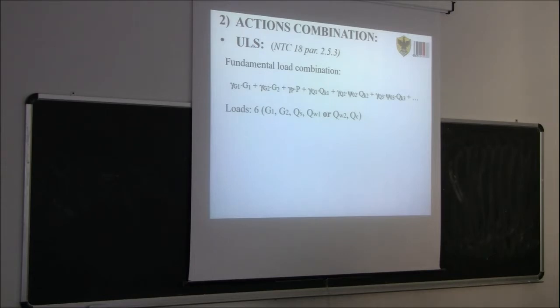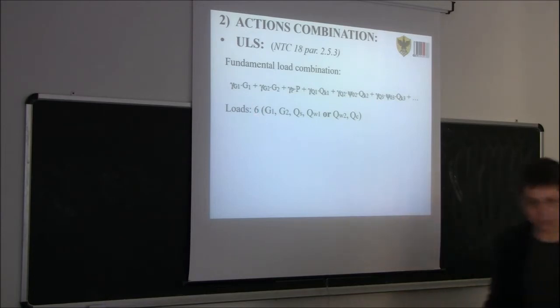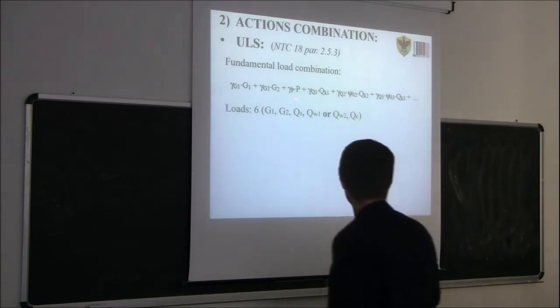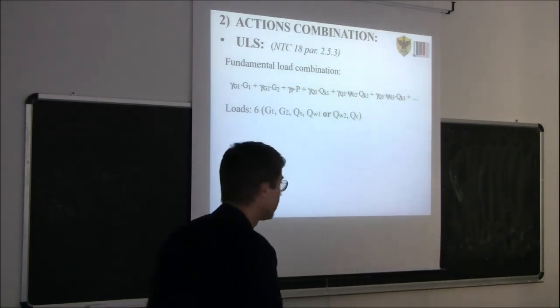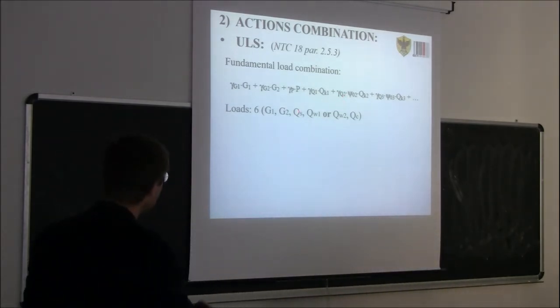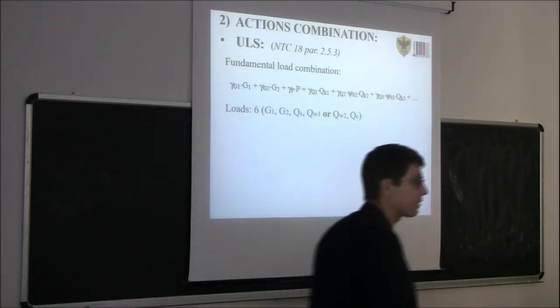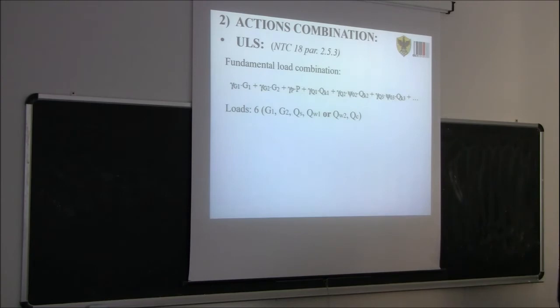So G1 is the self-weight of the structure. G2 is the permanent load. Then QS is the snow load. And then we have either QW1 or QW2, which is the effect of wind, according to the old